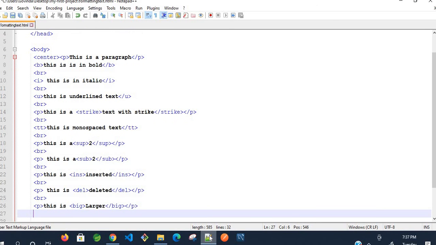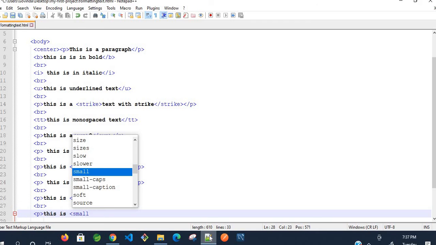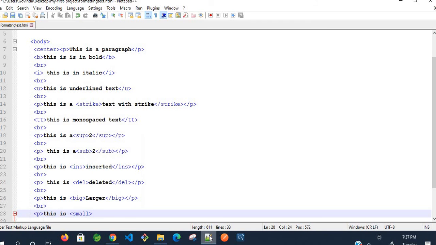Okay, then break the line, start a paragraph. Here this is, I am going to enclose this with small. Okay, then smaller. This will be displayed -1 size when compared to the other text.